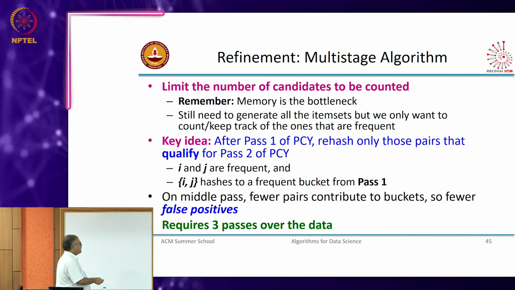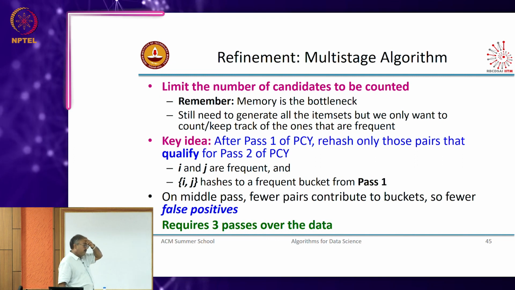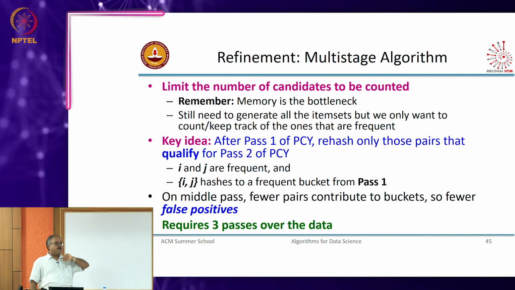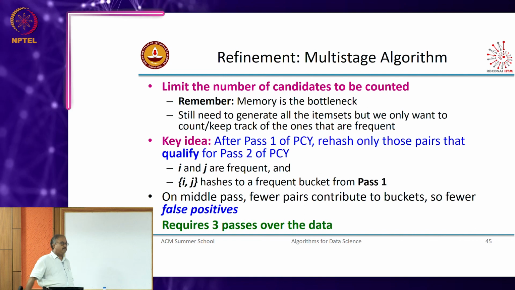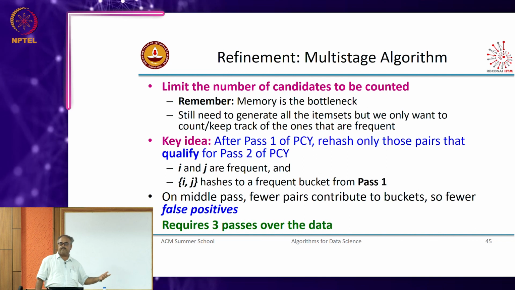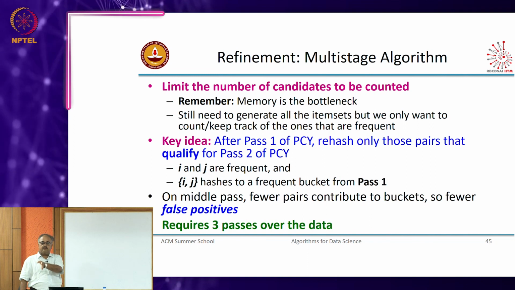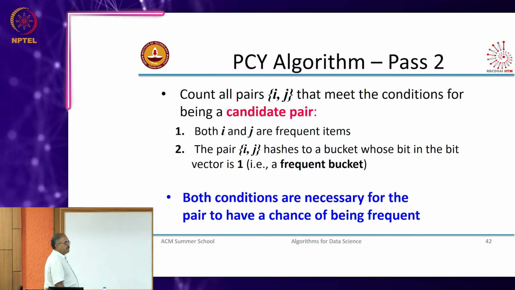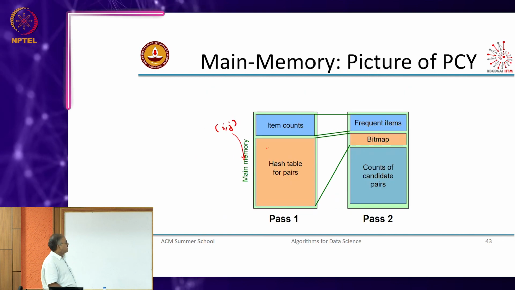So, what we do, the pass 1, we have done the filtering according to pass 1. Now, I have my candidate frequent sets that I am going to count in pass 2 of PCY. Now, what I do is I do not actually count them. Instead of counting them, I do the same hash trick again. I take each pair of items that have passed through from PCY. These are the candidate pairs that come to pass 2 of the PCY algorithm. So, I will take those candidate pairs,